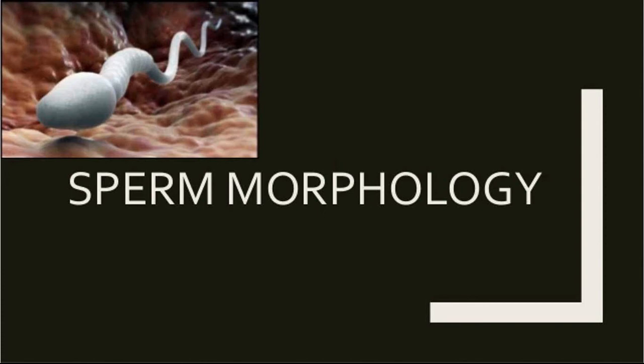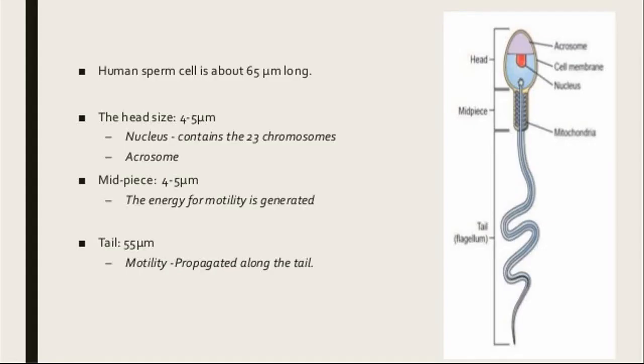Next, moving on to sperm morphology. You see the picture of a normal sperm. It has three main parts: head, midpiece and tail. The head measures 4 to 5 micrometer in length and 3 micrometer in diameter. It has a cap called acrosomal cap or acrosome or head cap, which stains light blue, and the nucleus stains dark blue. Middle piece or body measures 5 to 7 micrometer in length and 1 micrometer in diameter.